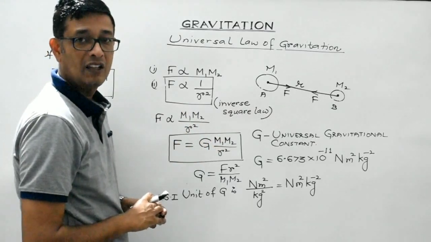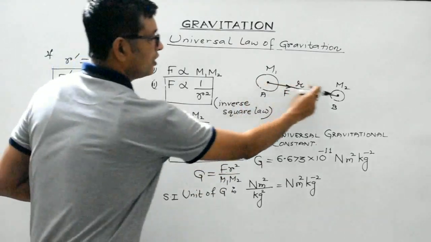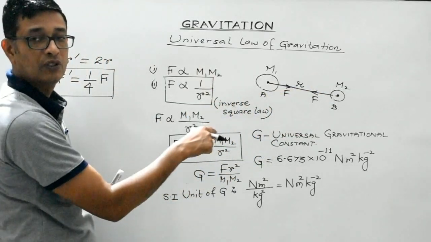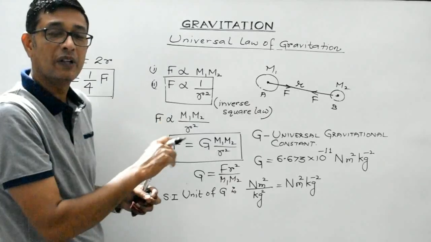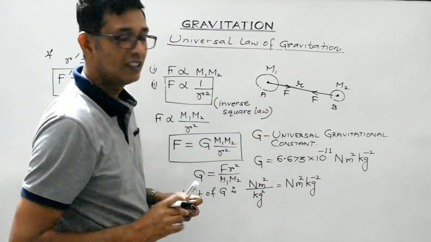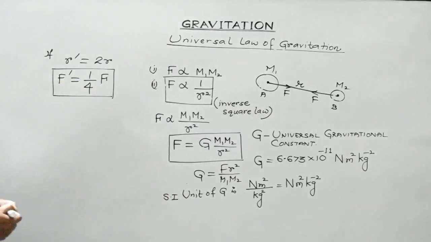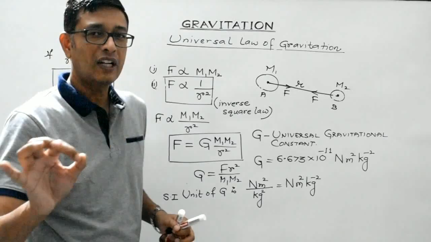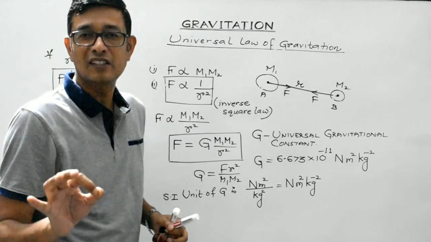Clear, students? While on the other hand, if the distance between the two bodies is halved, in place of r, write r by 2. So, in that case, the force will become 4 times stronger. Understood now? Okay. Let's discuss a very simple numerical so as to convince you that gravitational force indeed is a